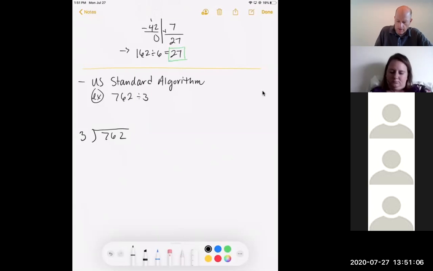All right. Now when we consider 762 objects, we have 7 hundreds, 6 tens, and 2 ones, right? Like in our mind, we can visualize the base 10 blocks. I'm going to take those and put them into 3 groups, okay? What I have is my 700s. So the first step,